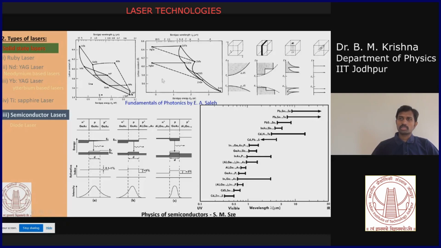And if for the semiconductor materials you use a three-dimensional material or quantum wells or quantum wires or quantum dots, you can also create lasers with specific energy bands, as we have seen in the density of states diagram. So the semiconductor lasers cover not only bulk materials, they also cover quantum wells, quantum dots and quantum wires.